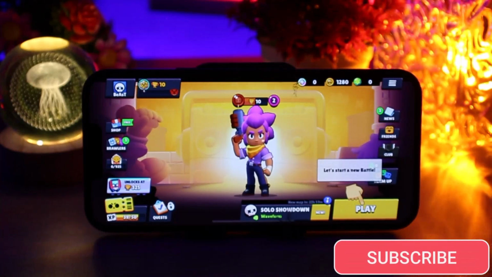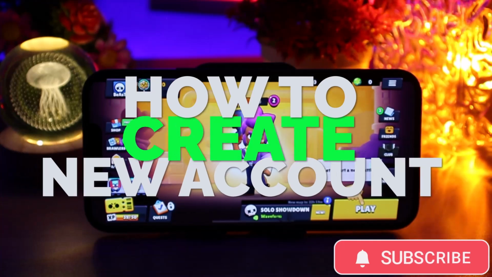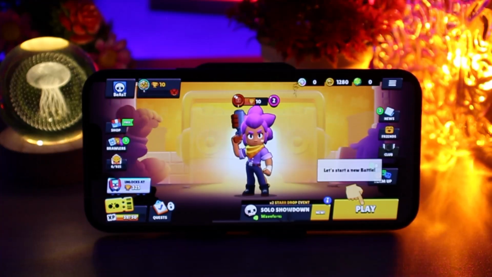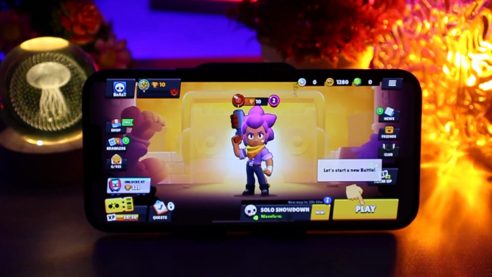In today's video, I will show you how to create a new Brawl Stars account on your phone. Let's get started. First, open the Brawl Stars app on your phone and make sure you are logged in to